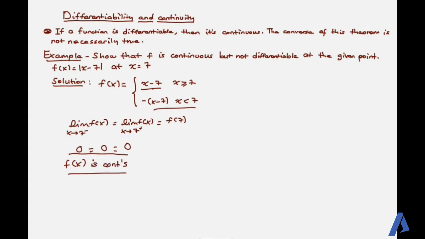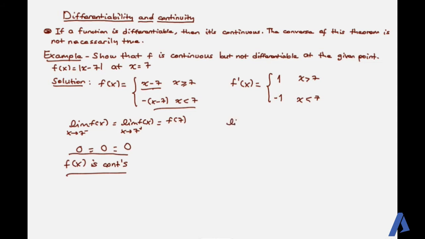continuous. We proved the continuity, but for the part asking about not differentiable, we will show that it is not differentiable. From derivative knowledge we know that f derivative of x for the piecewise defined function, in this case, is 1 for the first function, and for the second function it is -1, for x greater than 7 and for x less than 7. So what this shows is that the derivative for x greater than 7 and for x less than 7 are different. Expressing this in another way, we know that the derivative of f of x can